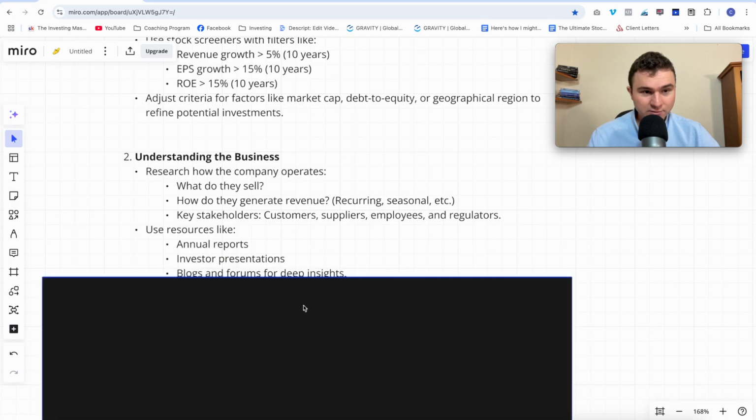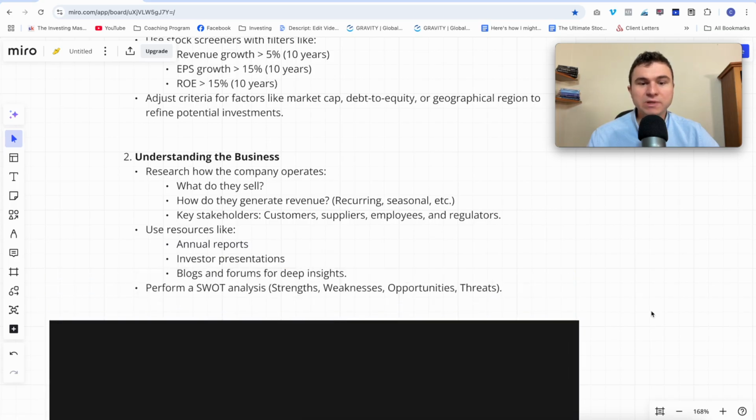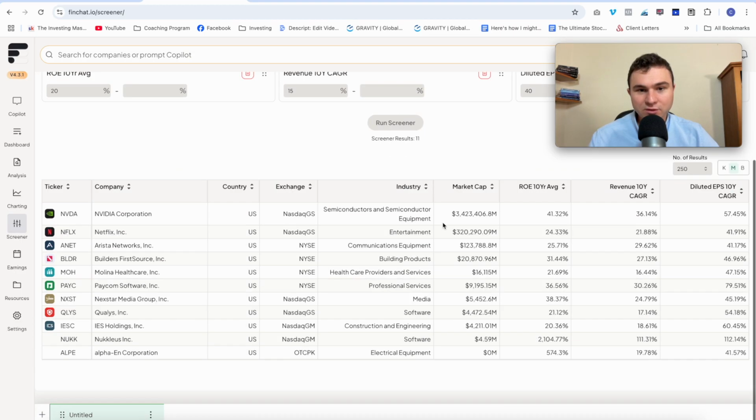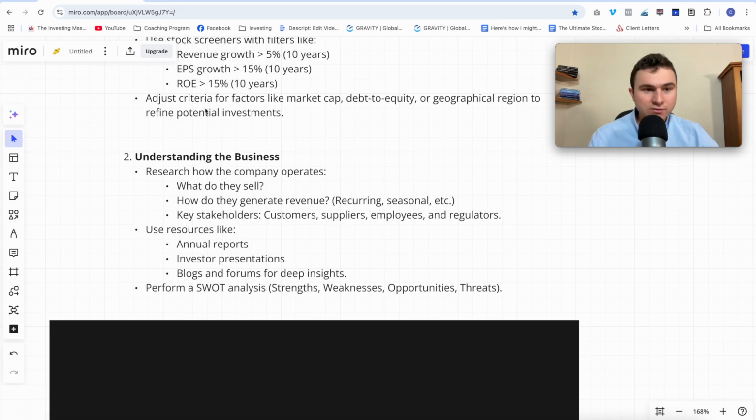Now, continue step 2. Understand the business. Now, imagine you are here, you have 11 stocks. What do you do with these 11 stocks? The goal is to understand the business, not to go too deep in the numbers, but the goal is to dismiss the investment idea as soon as possible. You want to take a pass, and then a pass, and then pass, and then find a great investment and go deep on this one. But in the meantime, you take a pass, and a pass, and a pass, and you dismiss all the investment ideas until you find your golden nugget.